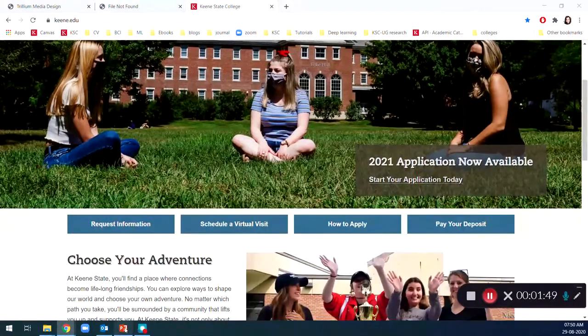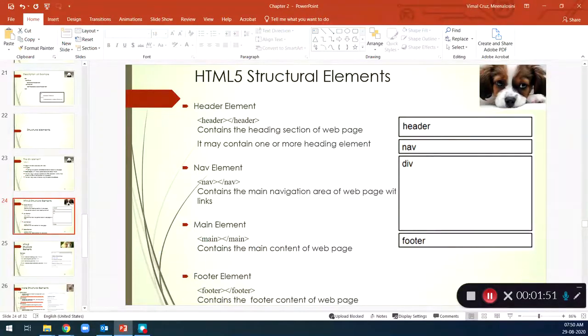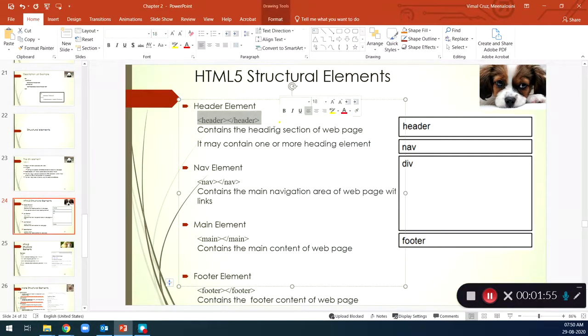Okay, so we are going to see how to use these special structural elements to provide structure to our web page. Okay, so the header element will provide a header kind of structure.